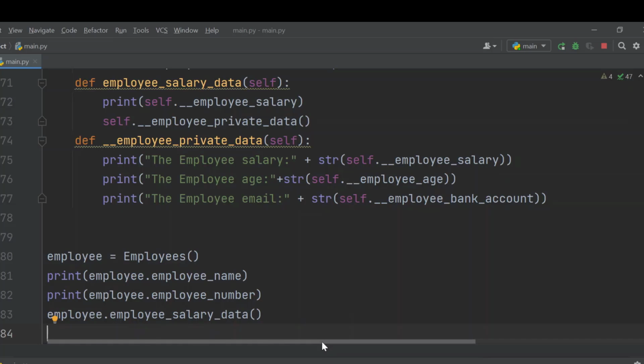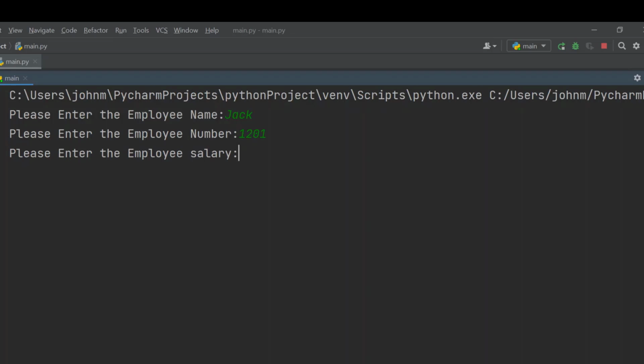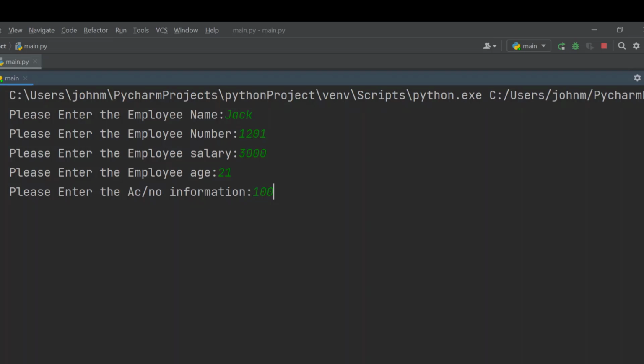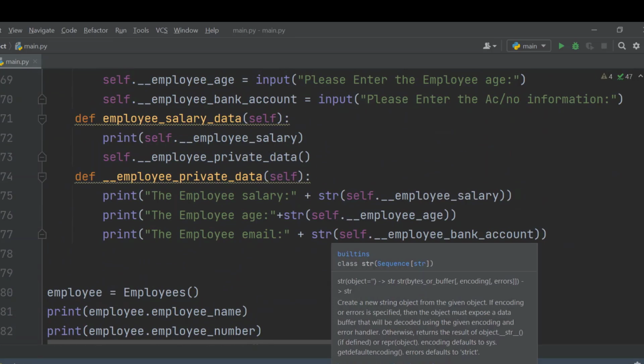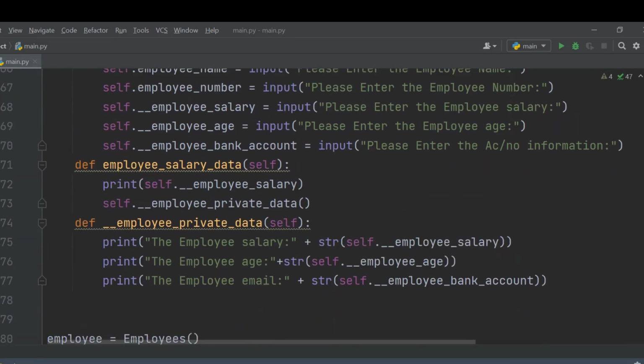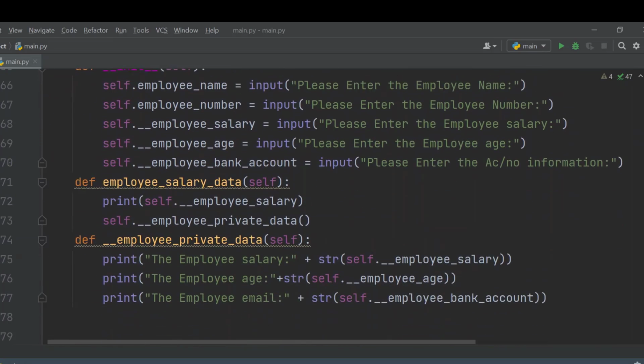So I'm running it, and I got Jack there, employee number 1201, salary 3000, and then employee age 21, employee account information 100201. So now in this lesson we have successfully accessed the private variable and the private method. So this is how we achieve